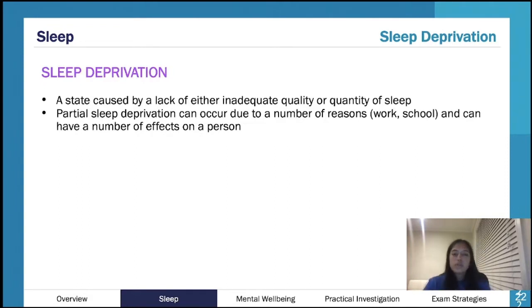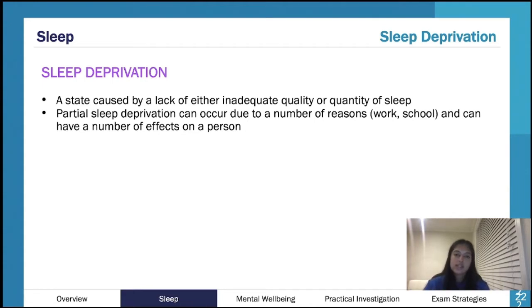Okay, so what we've just talked about is essentially when sleep goes really well, when you're getting the perfect amounts of sleep, what your typical expected sleep patterns should look like. When you are deprived of sleep, it can lead to a number of consequences or changes, or symptoms even. What we classify as sleep deprivation is inadequate quality or quantity. So quantity, maybe when you get sleep, the sleep is great, but you're just not getting enough of it. Or maybe you're getting enough sleep, but you're not getting much deep sleep, you're waking up frequently. Yeah, that's the idea there.